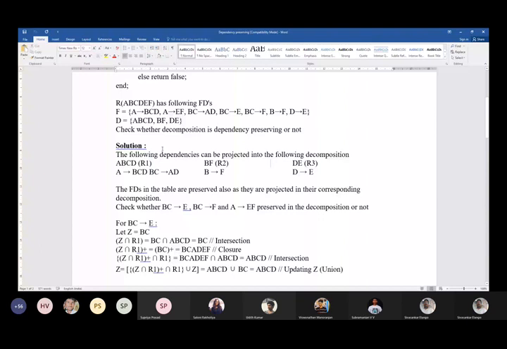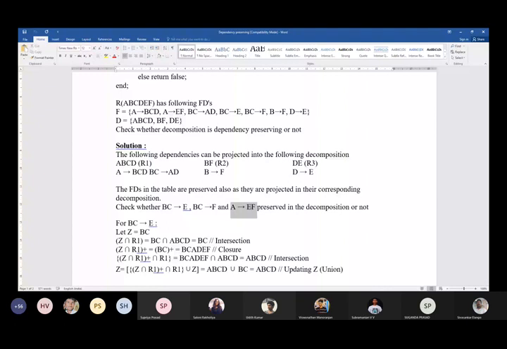In the fragment B, F, B determines F can be proved, and D determines E can be proved, right? The only thing you need to check is whether A determines EF, since the functional dependency is spread across multiple fragmented relations. You need to prove whether A determines EF is true,